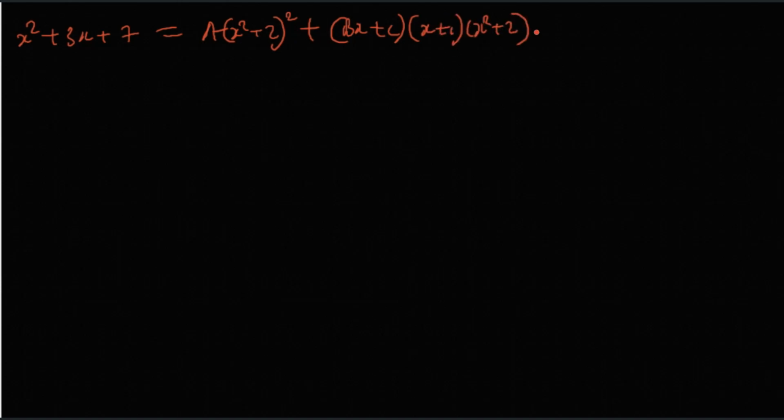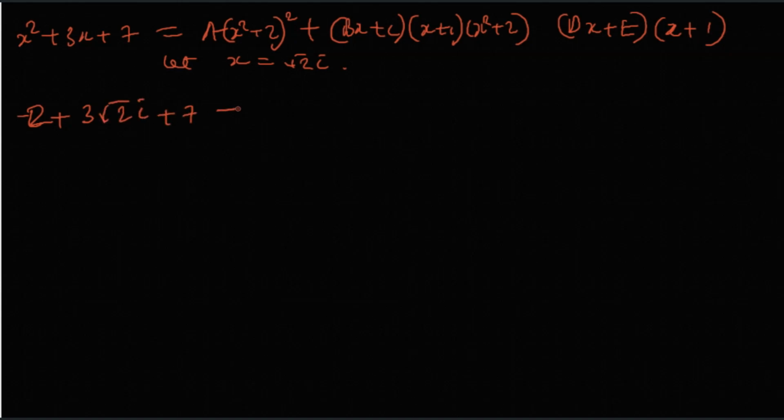So we'll have that x squared plus 3x plus 7 is equal to A, which has the factor of x squared plus 2 all squared. Then Bx plus C has the factor of x plus 1 and x squared plus 2. Then Dx plus E has the factor of just x plus 1. So what we'll do is let x be square root of 2i. So when x is square root of 2i, x squared will be negative 2, so we have negative 2 plus 3 root 2i,